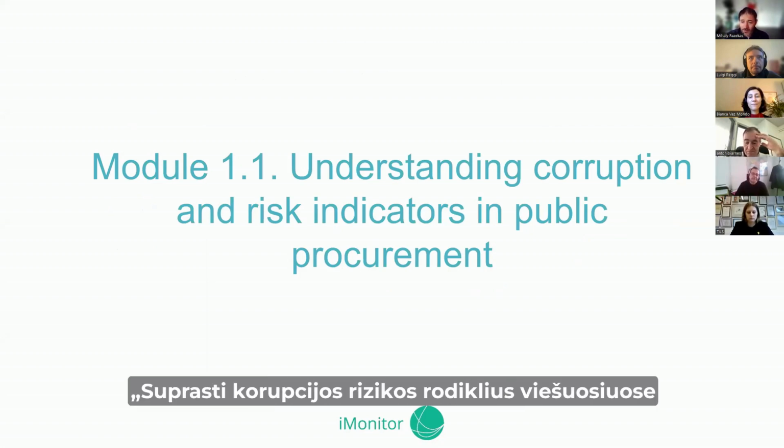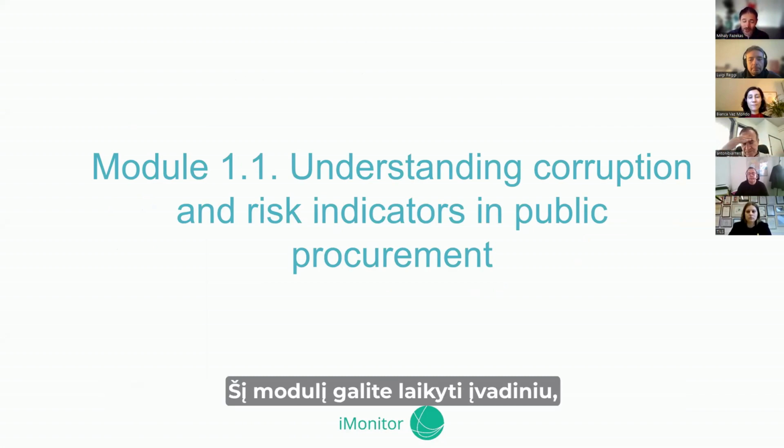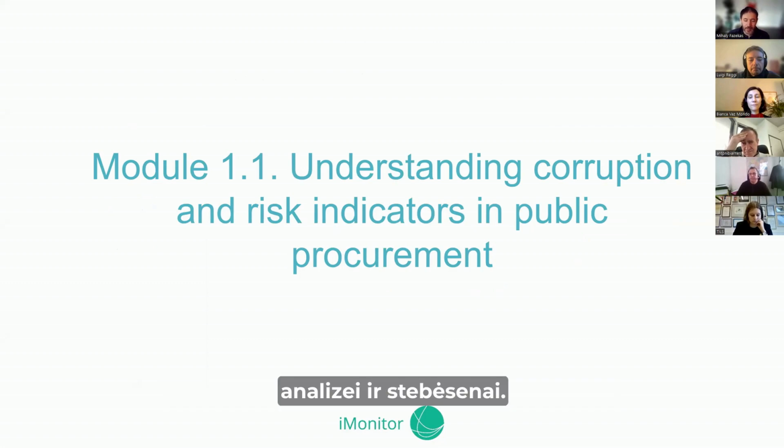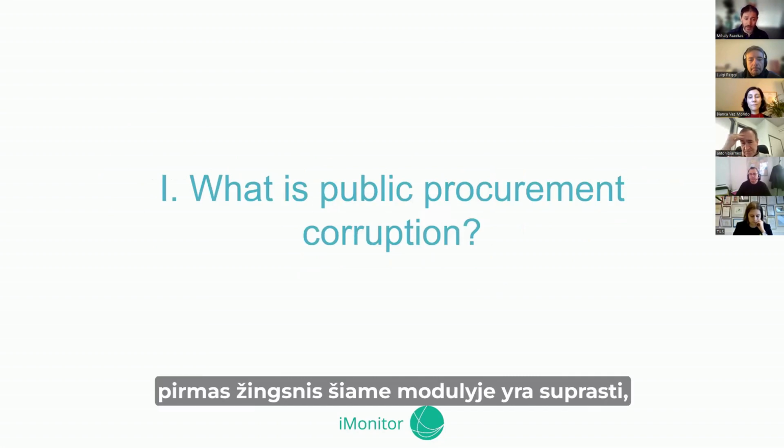The title is Understanding Corruption and Risk Indicators in Public Procurement. This is the first of four different modules. You can consider it an introductory module where we lay the groundwork for the later in-depth analysis and monitoring activities. So the first step in this